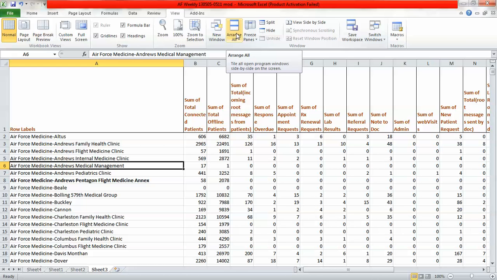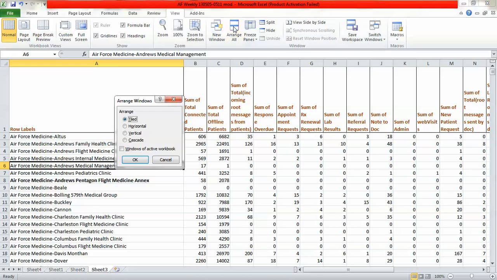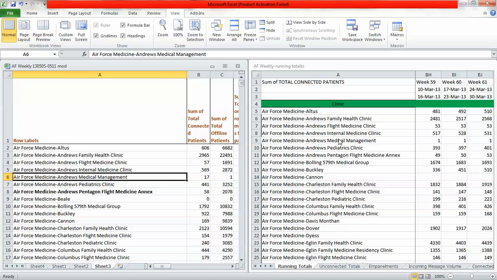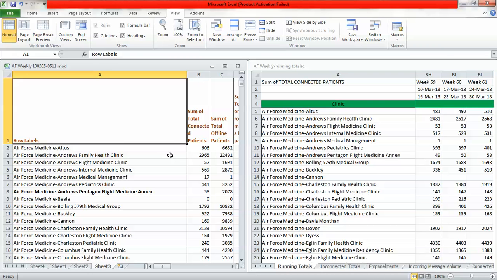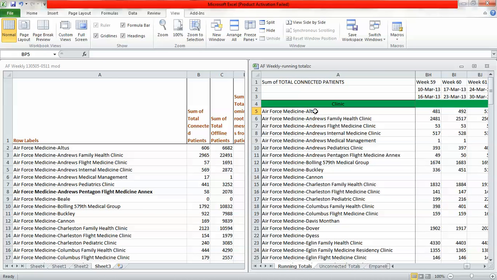So I came over to the view menu. I use the range all, but you might be able to do a side by side. Range all, vertical, okay. On the right side, these are the fields that we actually have in our report, the file that we're going to use for our graphs. And on the left side, this is the data that we just received that we've been working on. Just like last time, what I try to do is go down and highlight; for me it's easy just to remember 3 bases at a time. If you have better memory, you may